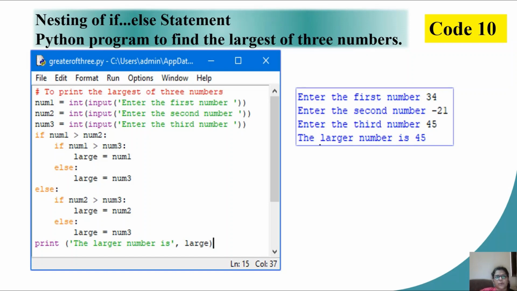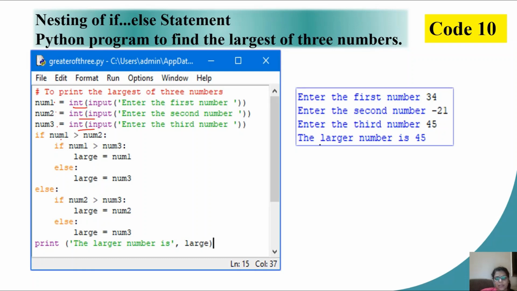Let us see one of the programs using nested if. Here I want to print the largest of 3 numbers given as input by the user. So first of all, I need to take the input. Because I am dealing with numbers, I am converting the input into an integer. So I write the int input statement and I take 3 variables, num1, num2 and num3. Now I go with the final checking, the processing.